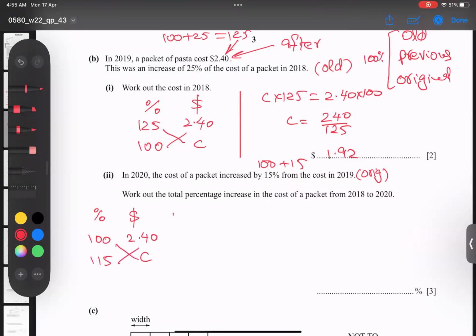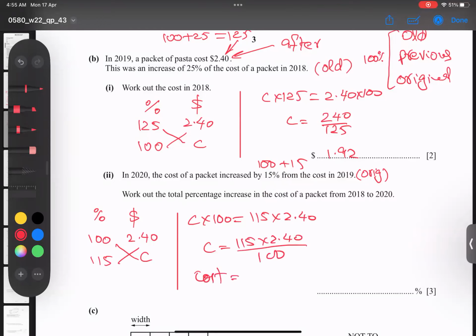So cross multiply. So C times 100 equals 115 into 2.40. So 100 goes down, C equals 115 into 2.40 divided by 100. And what is the cost coming now? So 115 times 2.4 divided by 100. And my answer is coming here to